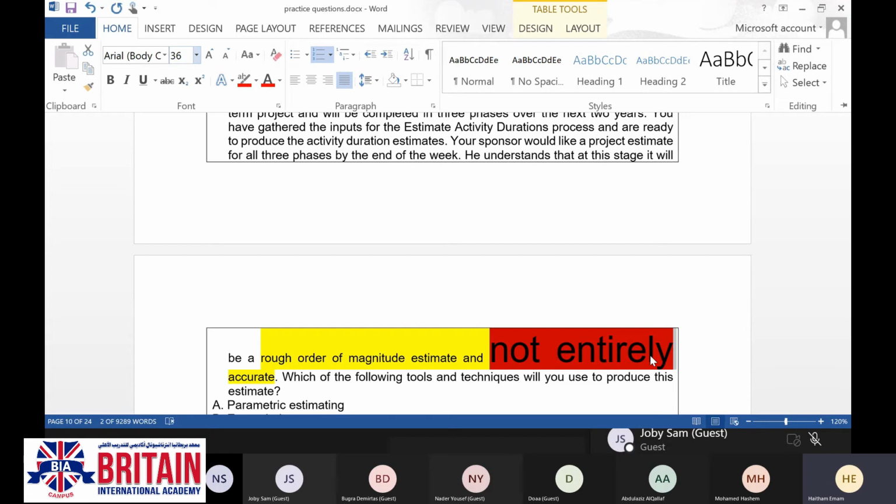Because you are going to spend a long time breaking down each and every tiny element inside your activity. You are going to move from down to up. Because of that, it's called bottom-up estimating. While on the other hand, the analogous estimating is called top-down estimating. Is it clear for you right now?